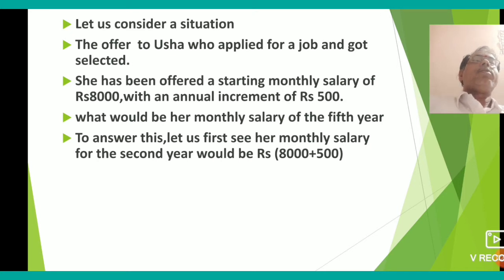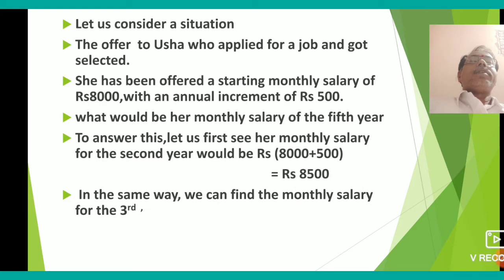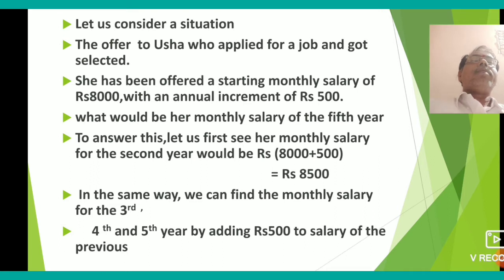That means we have to add 500 to the first year salary. Why? Here 500 is her annual increment. So obviously she got 8,500. Okay. Next, in the same way, we can find the monthly salary for the 3rd, 4th and 5th year by